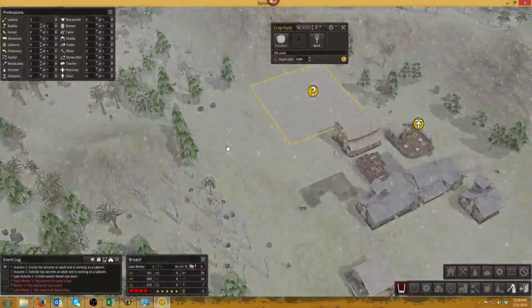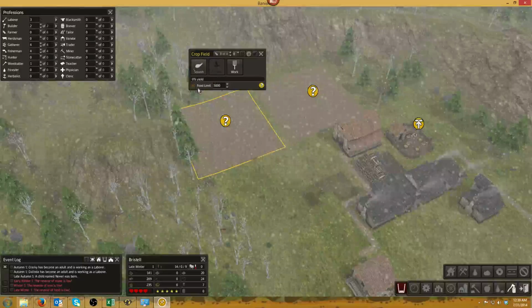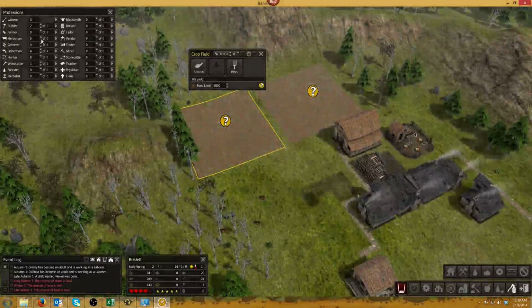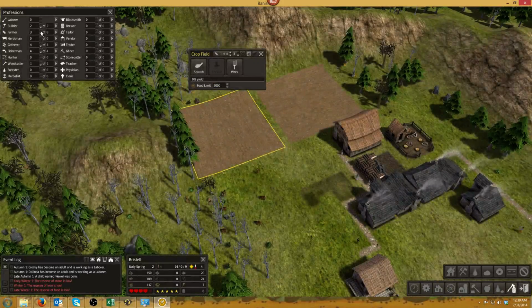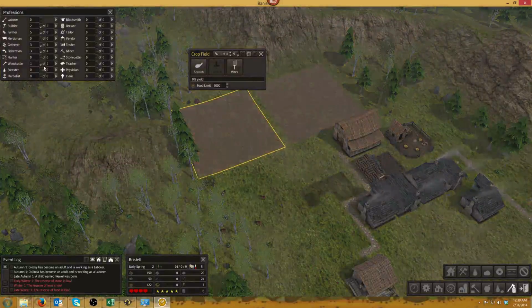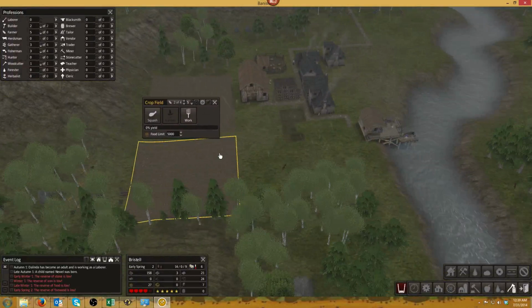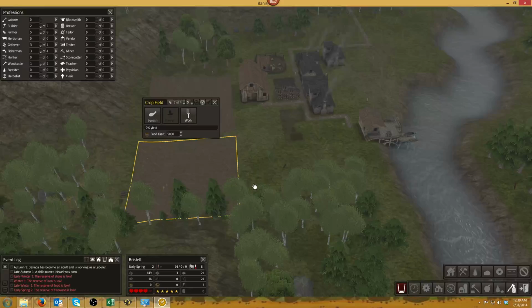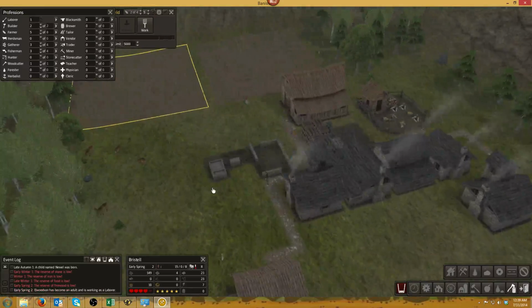And our other field will be ready shortly, so this field's ready to go. And this one I'm going to set the squash, so both of our fields are ready to go, and you can see it just hit early spring. So we're going to grab everybody who's free, and I'm actually going to grab a couple of the other people from the gatherer and the fisherman and make them plant fields,